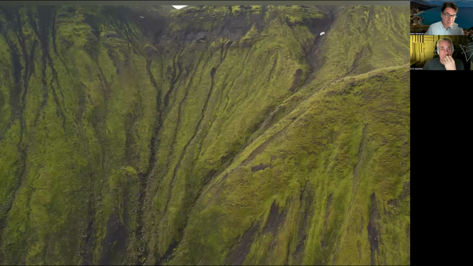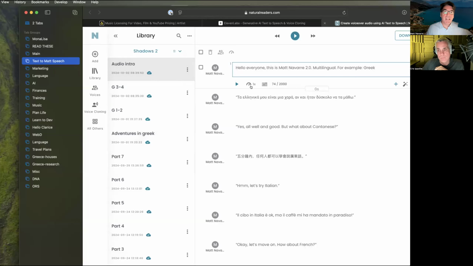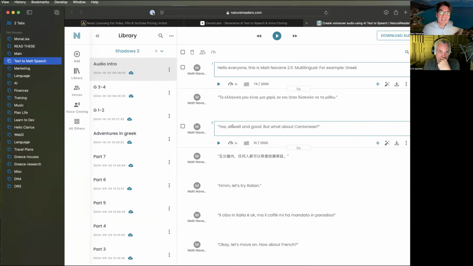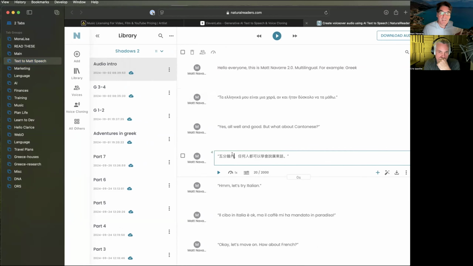Okay, in the interface to do that, for every little bit of the speech, you can choose the language, the voice that it goes in, and the speed. So this can be 1x speed, and then when I'm speaking in this one here,